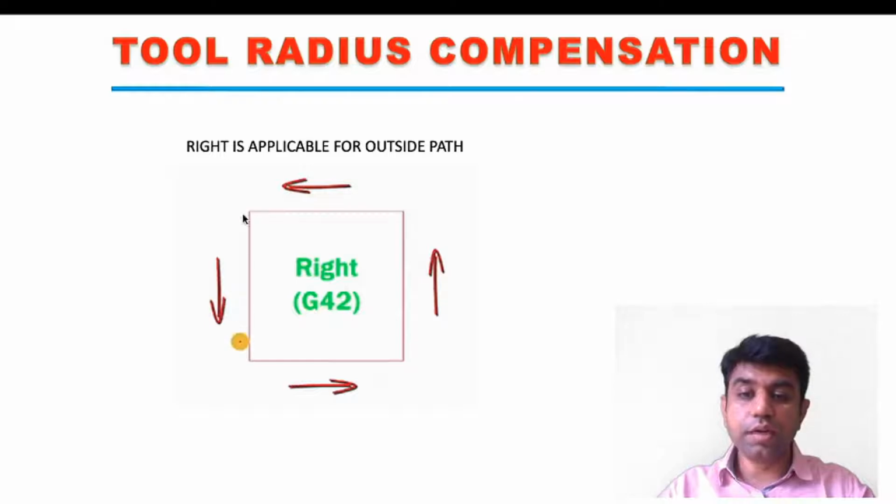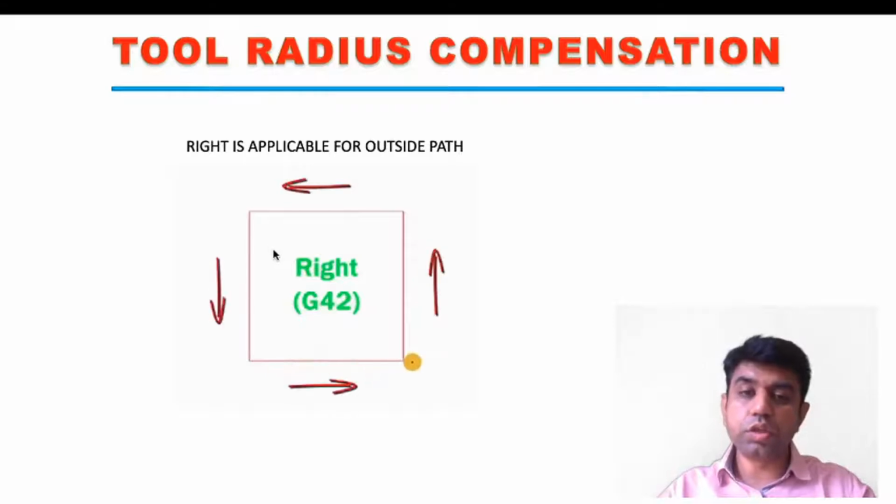Either we are machining at the outer surface or we are machining towards the inner surface of the workpiece. As shown in this particular figure, if with the help of this tool we are machining towards the outer side of the workpiece, then we need to give the G42 command. What we need to mention in this is the radius of the particular tool which we are using,